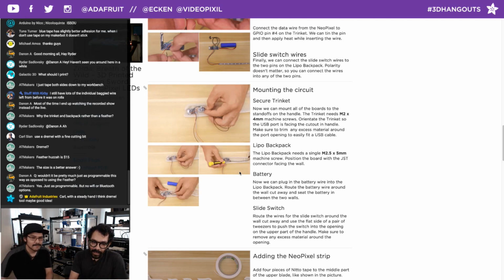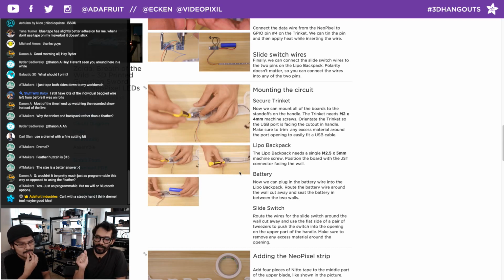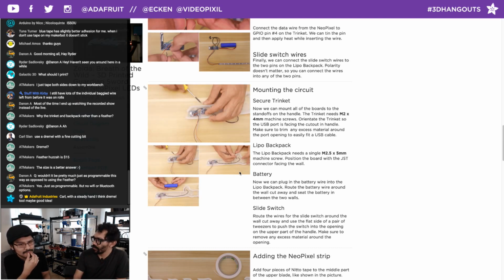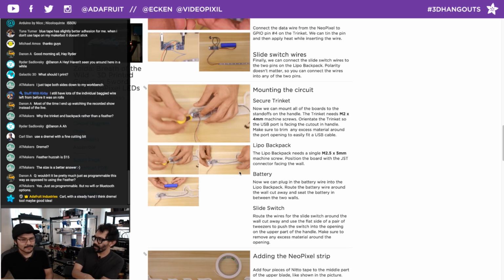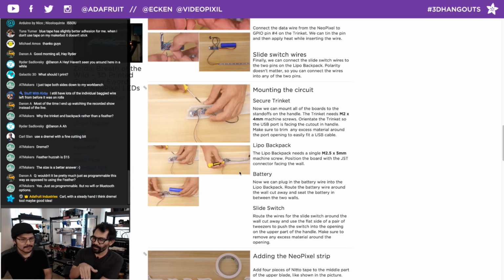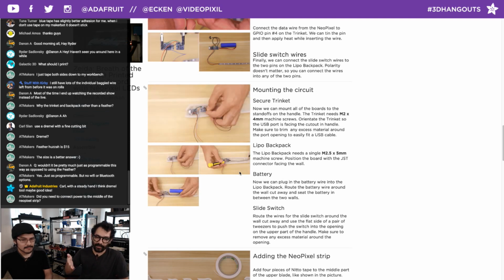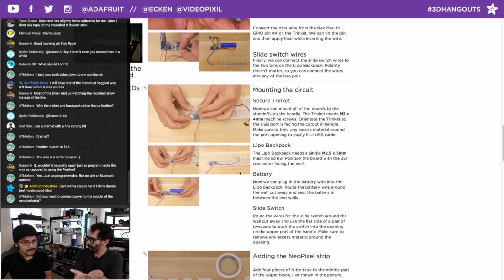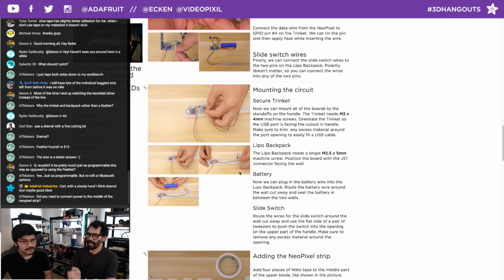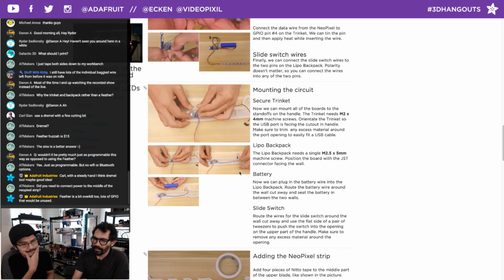The battery, the way that we're able to have it not rattle around is we're using the silicone wires as cushions for them. So you're increasing the thickness by having the wires underneath the battery when you mount that. Just make sure to manage the cables in that way, where you can put them underneath the cylindrical battery to act as a pillow to cushion it and make it nice and strong when you're swinging the